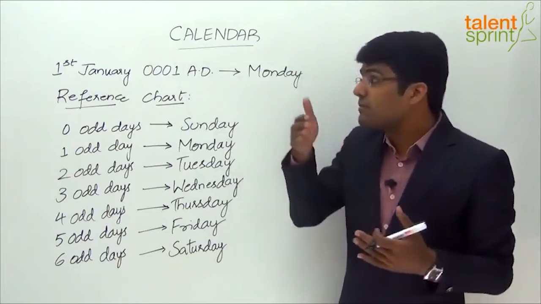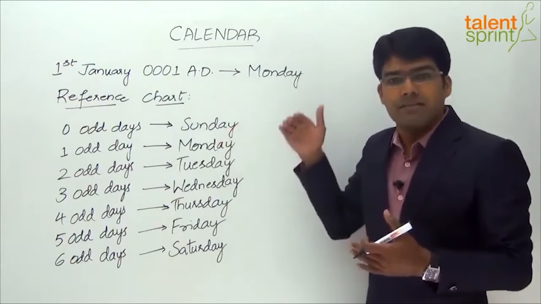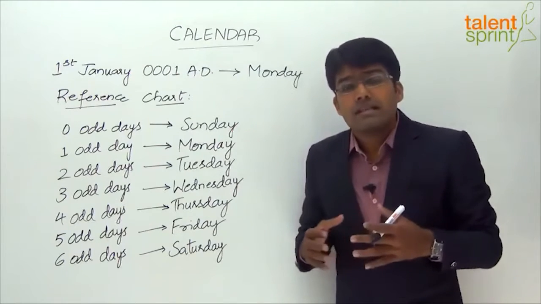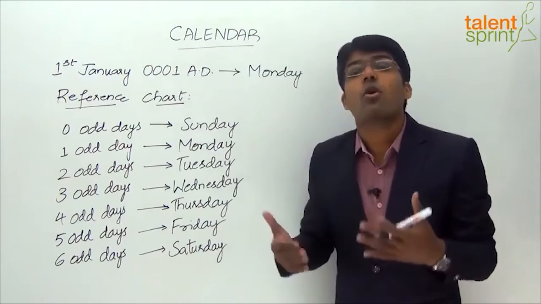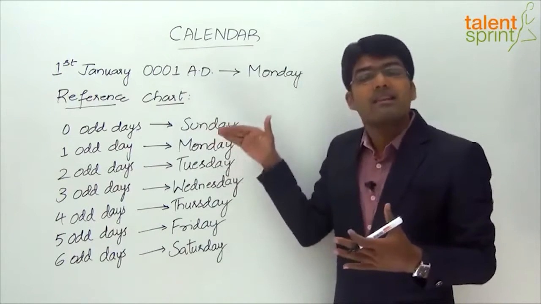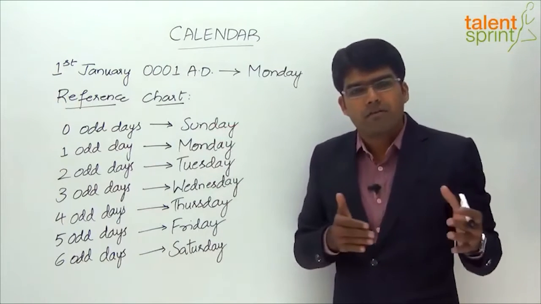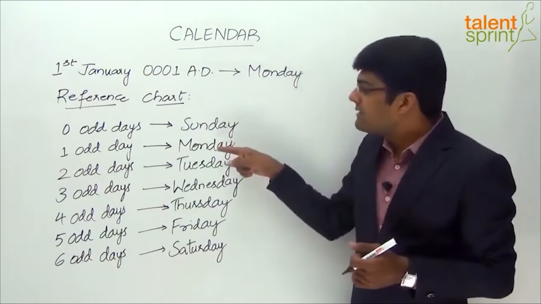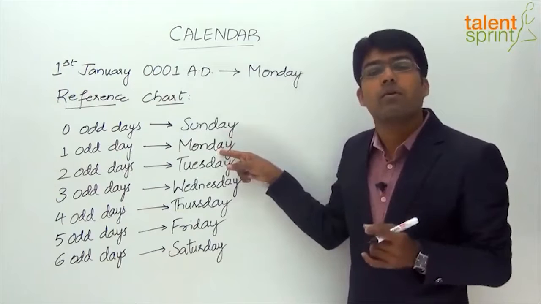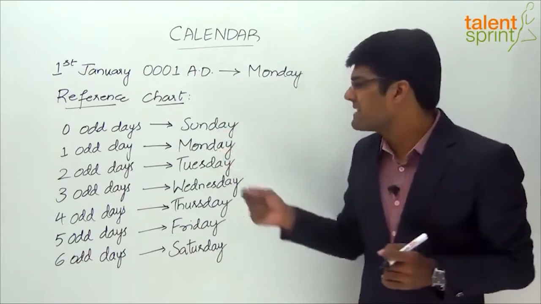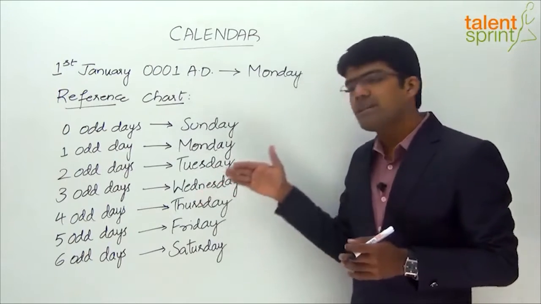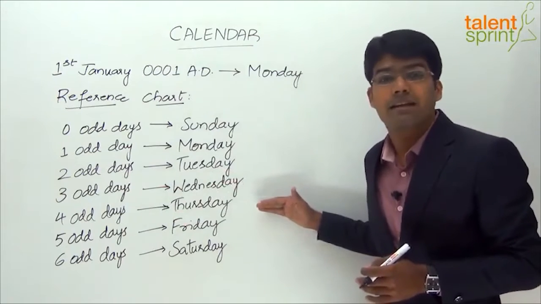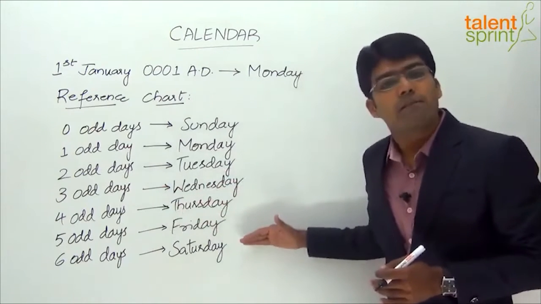So that day which was before 1st January of the first year AD was Sunday, and that is taken as our reference point. Which means in a given period of time, if we have 0 odd days, then the day is considered to be Sunday. Likewise, when we are finding out the number of odd days for a given period, and if it comes out to be 1, then that date is considered to be a Monday. If we have 2 odd days, then it is taken as Tuesday. 3 odd days will give us a Wednesday. 4 odd days will give us Thursday. 5 odd days means the day is Friday. And if there are 6 odd days, it means it would be Saturday.